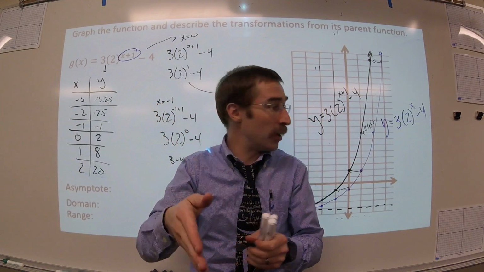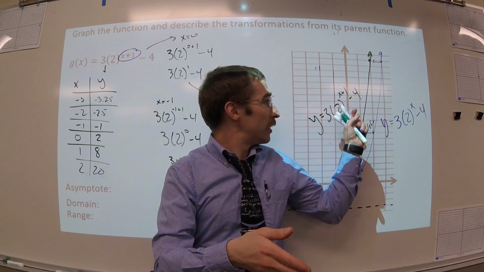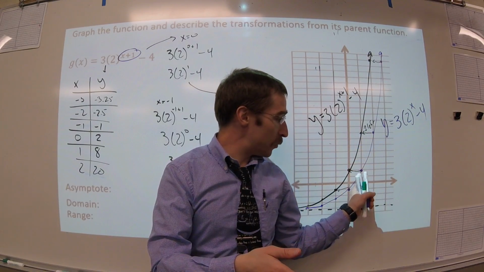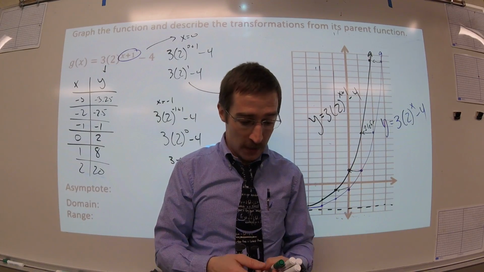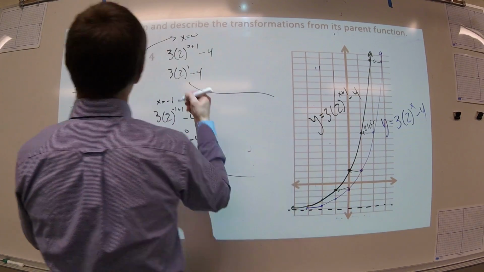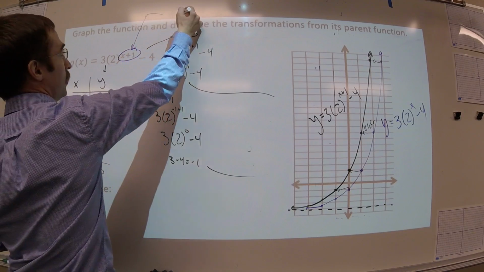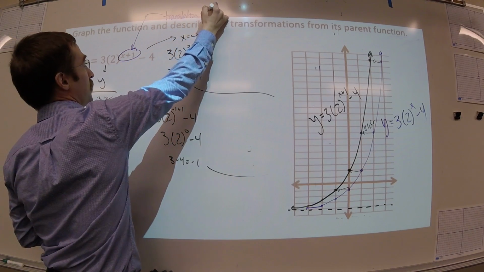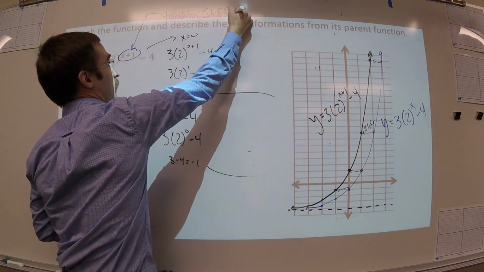Because when I put in 0 here, it's like having a 1 in this function. So 0 here is the same as 1 on this one. So this plus 1 creates a translation, also called a shift, left